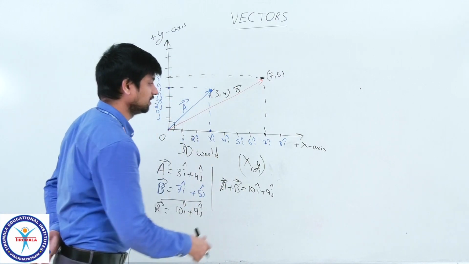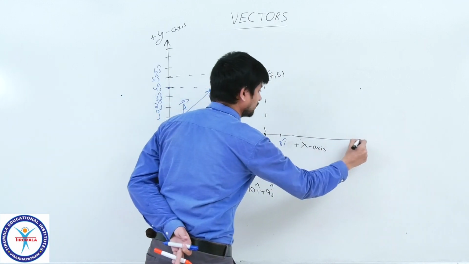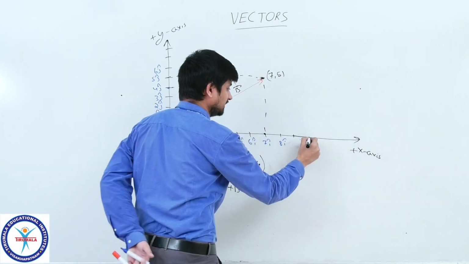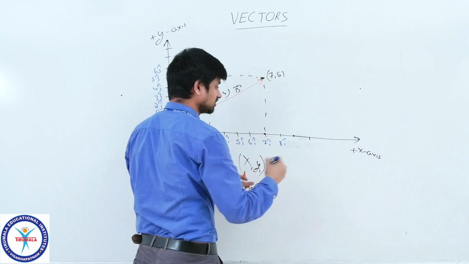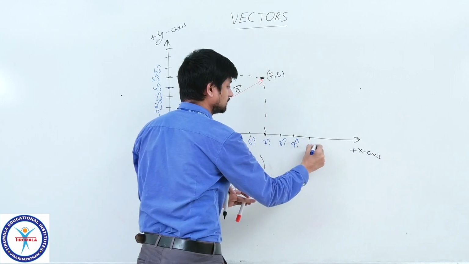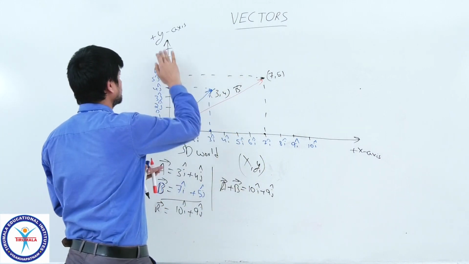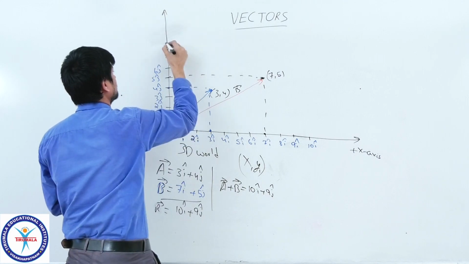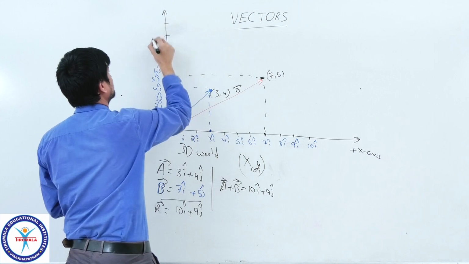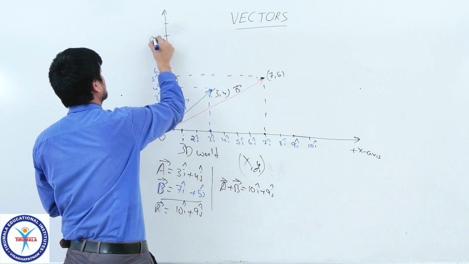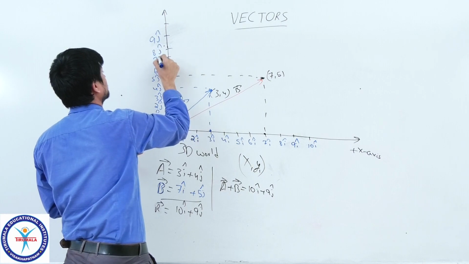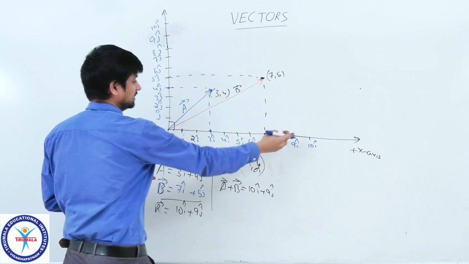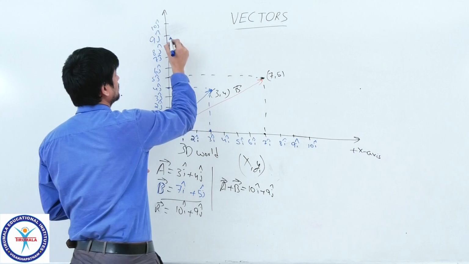So identify 10i. Extend this. Okay, I extended the positive x axis. So 9i, 10i. I am writing here, children, 9i, 10i. Now, 9j. This one also should be extended. Again, I am extending the y axis. This is 7, 8, 9, 10. 7j, 8j, 9j, 10j. So according to this, the resultant: 10i here, 9j here. So join this one.